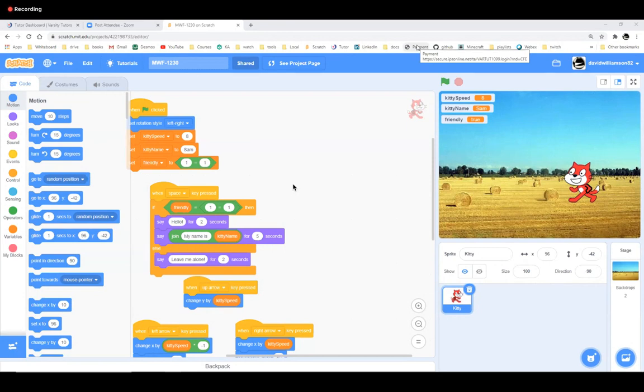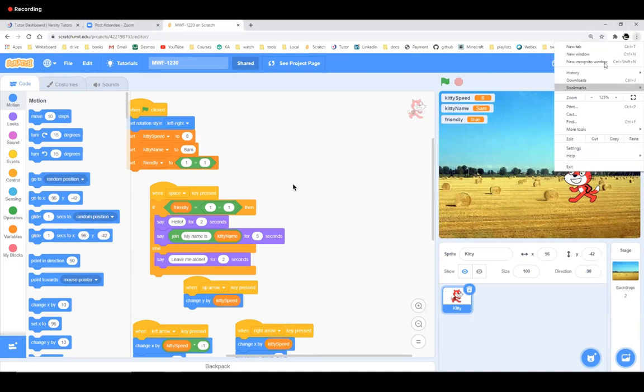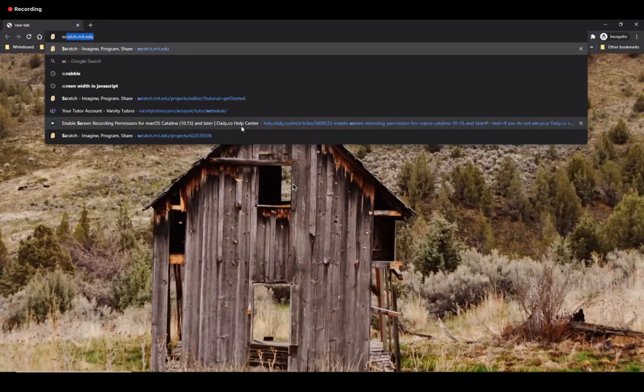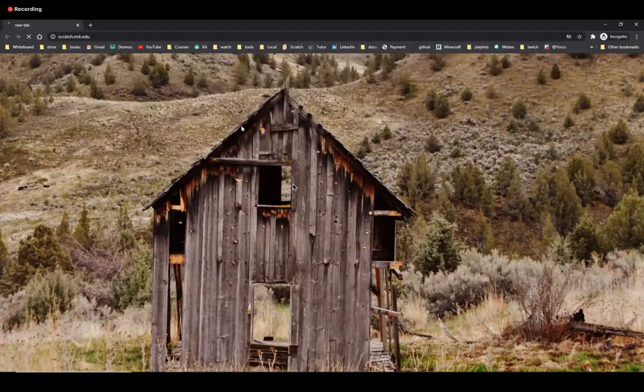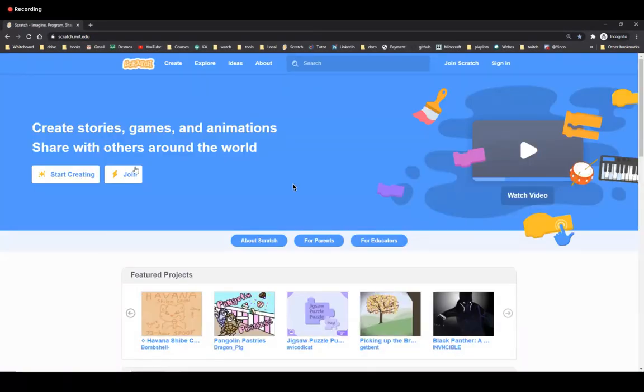How do you play it? Grace, I'm glad you asked that. So everybody who wants to know how you go into Scratch, let's do this. I'm going to get an anonymous browser, okay? And then I'm going to go to scratch.mit.edu, and then I'm going to click join. It's going to ask me a bunch of questions.